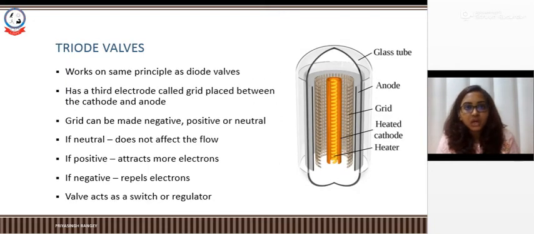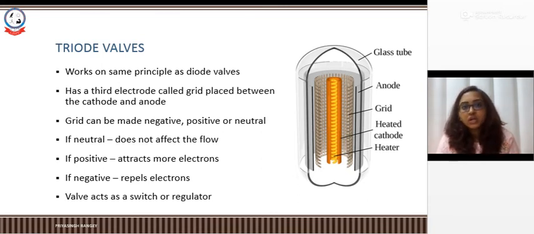Next, moving on to triode valves, like we already talked about. The triode valve consists of 3 different electrodes. We have the cathode, we have the anode, and we have a grid. The cathode is the negative electrode, the anode is the positive electrode. Whereas the grid is something which can be changed. When we connect this grid to an external electrical circuit, because of this external circuit, the grid can be changed into positive, it can be changed into negative, or it may be kept as neutral.